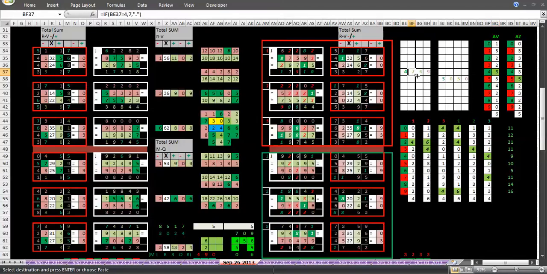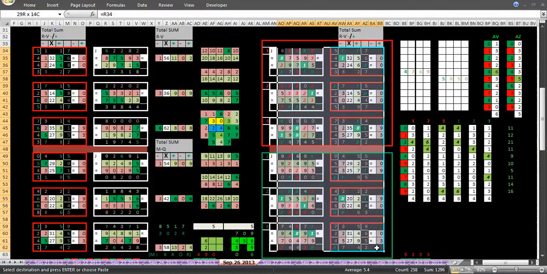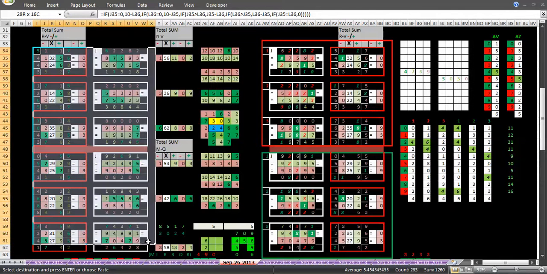You've got your mirror of the 4, which is 7. 6 times is the amount of times 4 showed up. There's the 6, and the mirror for 6. This column takes care of what happened in AZ. This is the exact same data as this,